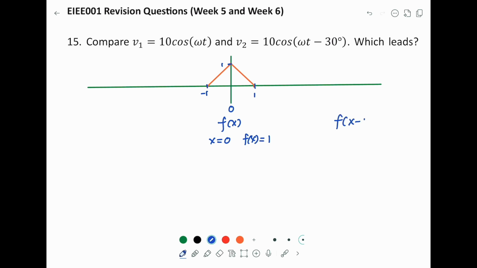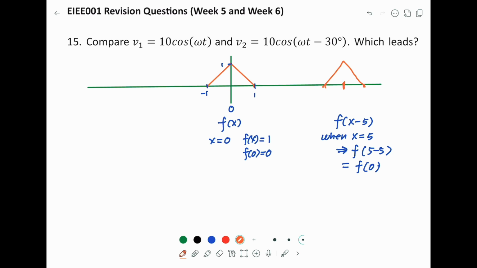Now, if instead of f(x), I write f(x minus 5), what does it mean? It means when x equals 5, f(5 minus 5) is f(0). It means as if the original function at x equals 0. So what I mean is we shift this triangular function to the right by 5 units. So we can shift this one here,